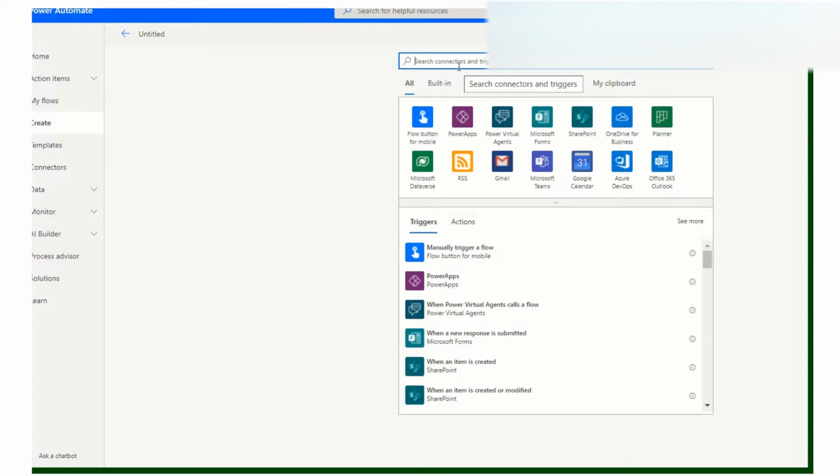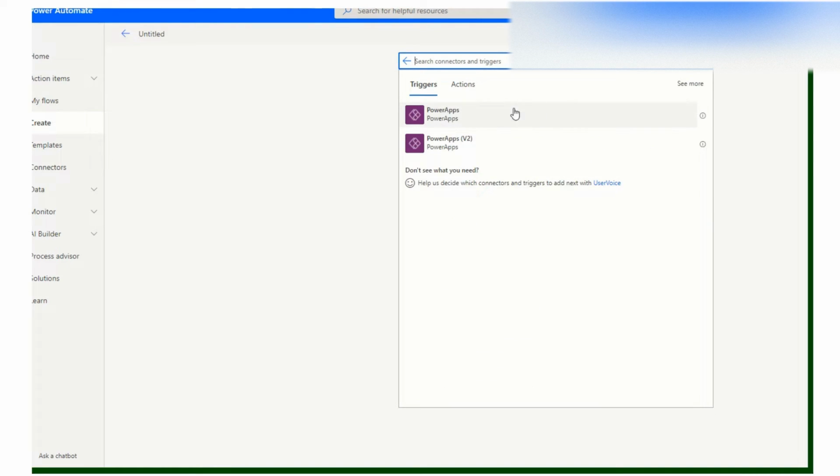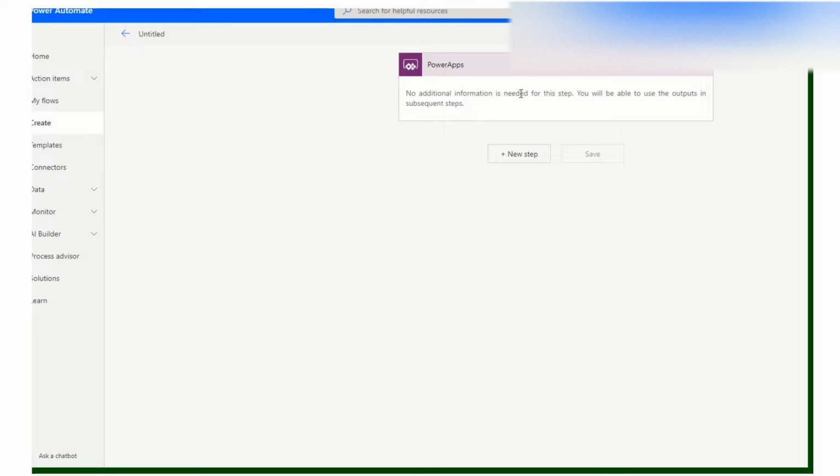Okay, so first let's choose the PowerApps trigger, the first one.